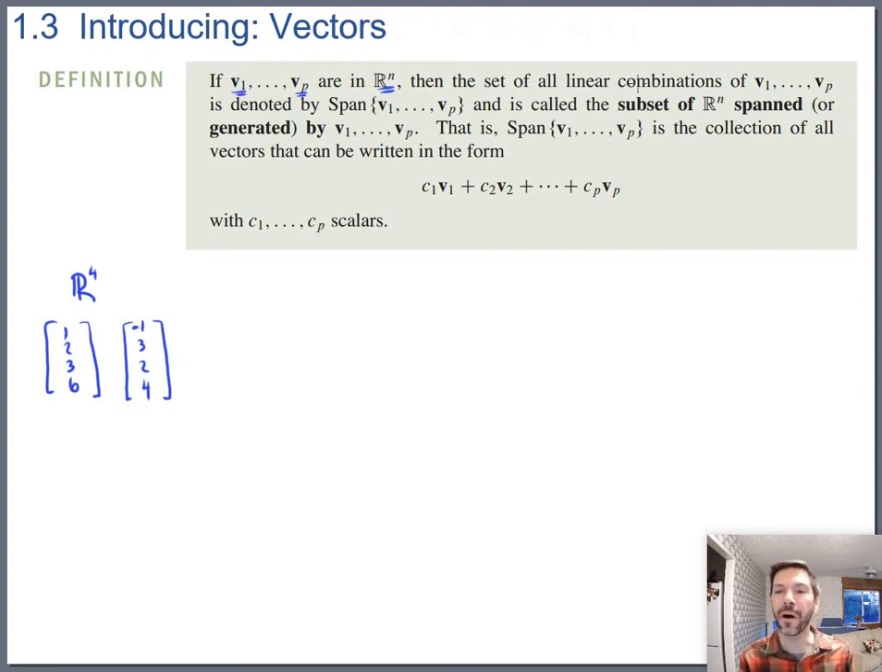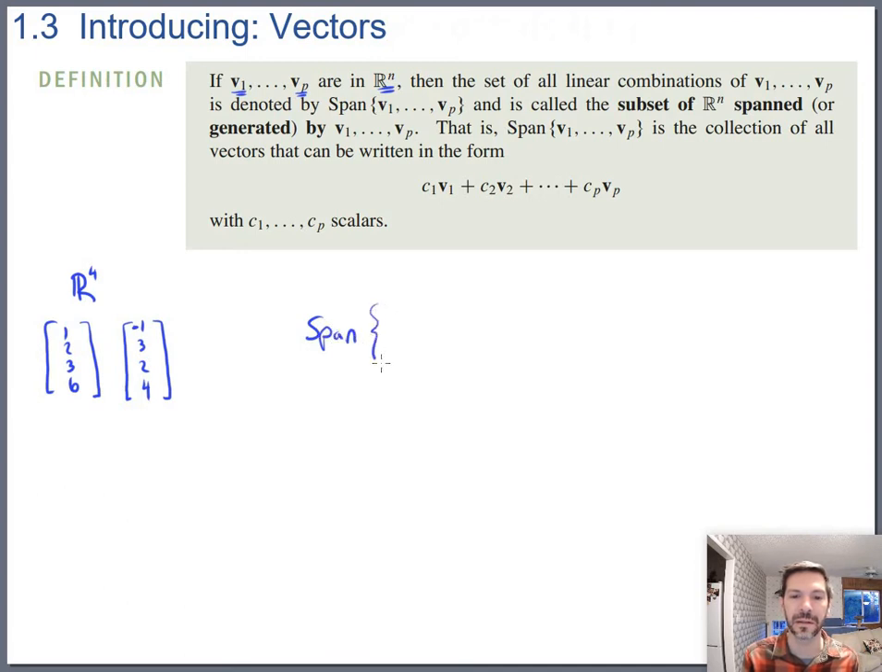Then the set of all linear combinations of them is denoted by span. And when they say denoted, they're just saying this is how we notate this. This is how we actually write it down. The word span, curly brackets, write the vectors inside. And it is called the subset of R4, in our case, spanned or generated by the vectors. So when we write down something like